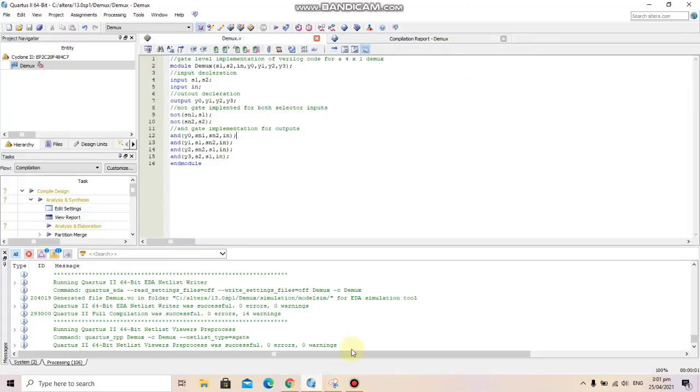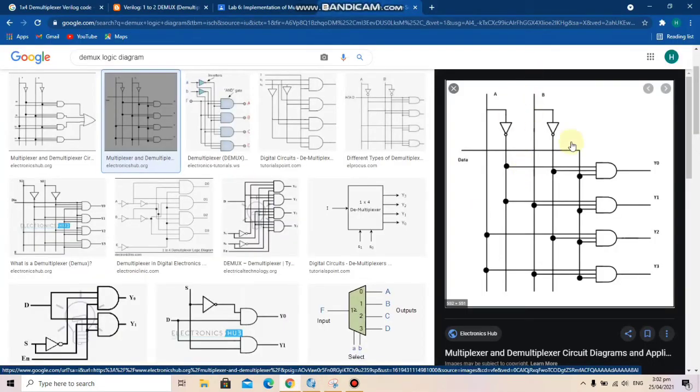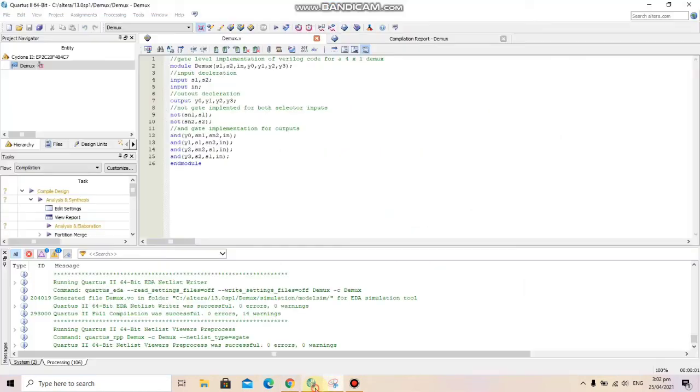For this gate level implementation, I have created the Verilog code. First of all, the same module, declaring all the variables: the selection inputs 1 and 2, then the data input, and then the outputs y0, y1, y2, y3. First, the NOT gate implementation. As we can see in the diagram, there are 2 NOT gates, so I have 2 NOT gates for selection 1 and selection 2, which I am naming SN1 and SN2.